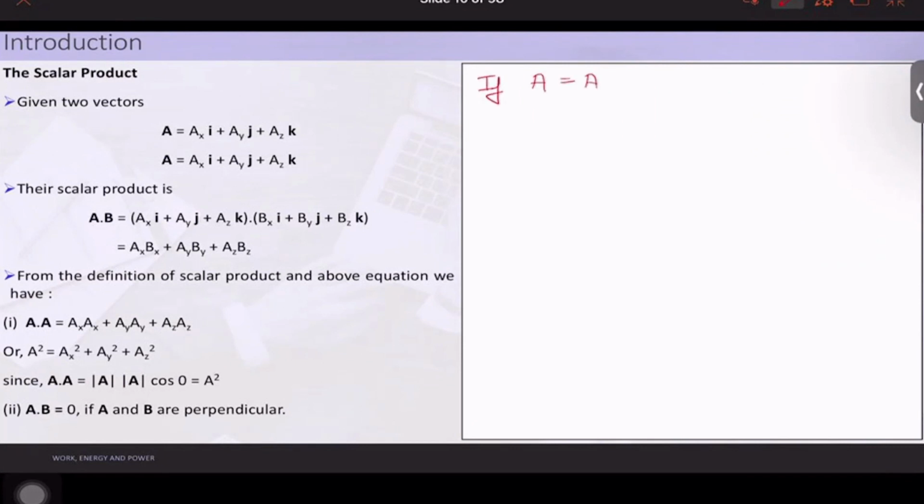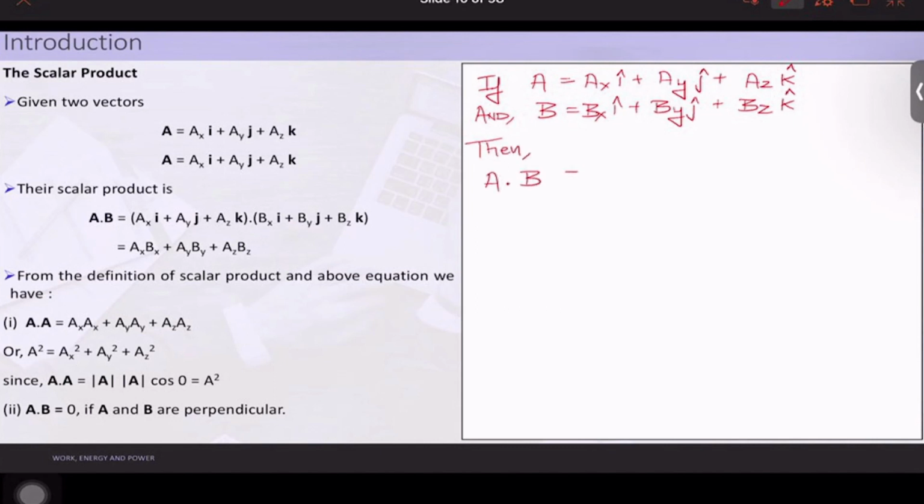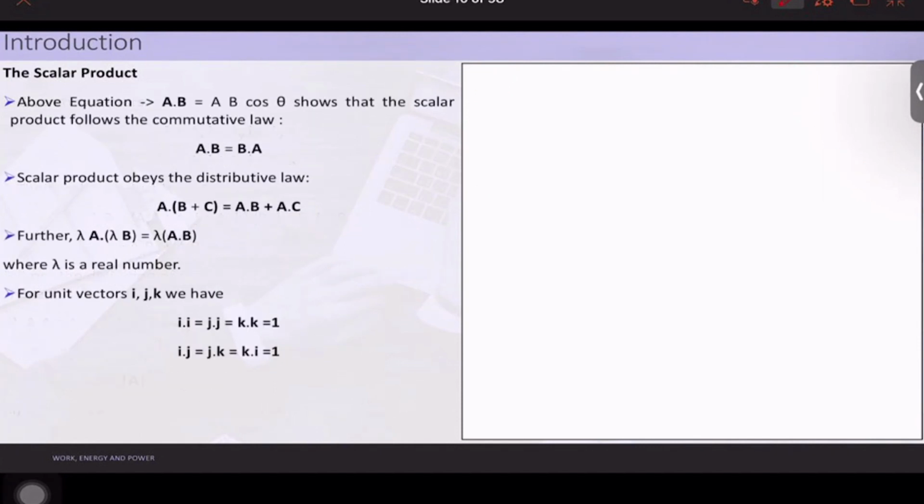So if vector A is equal to ax i cap plus ay j cap plus az k cap, and B is equal to bx i cap plus by j cap plus bz k cap, then A dot B is equal to ax bx plus ay by plus az bz. Okay, so to get these equations, the thing which was required was, first of all, we should know that